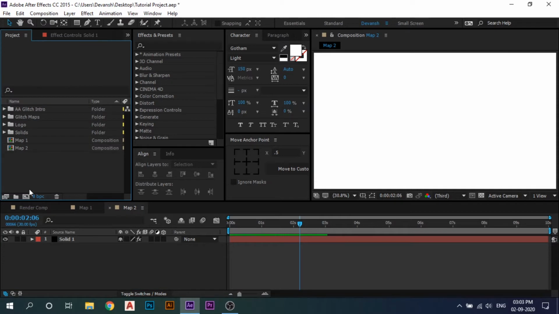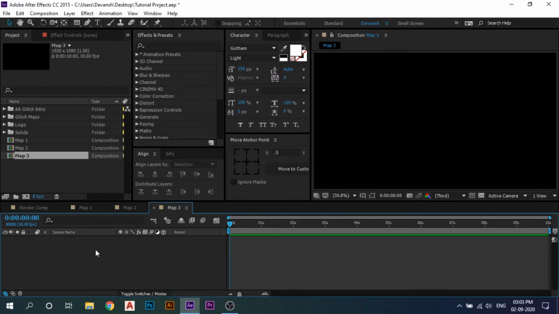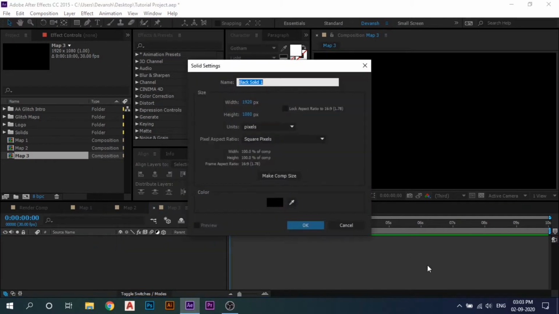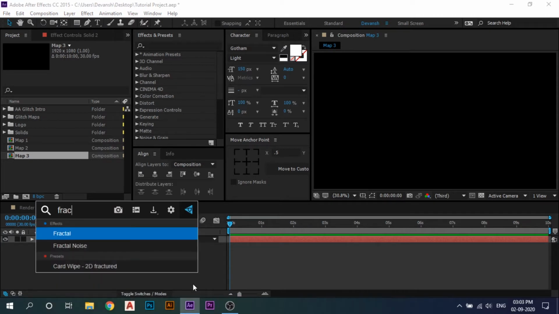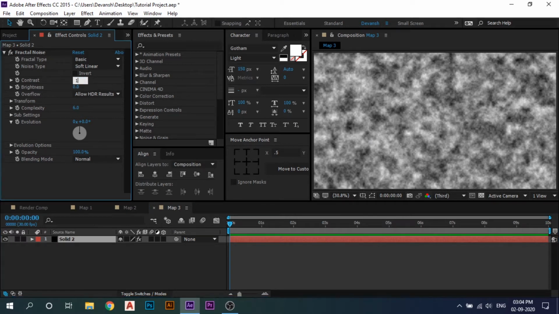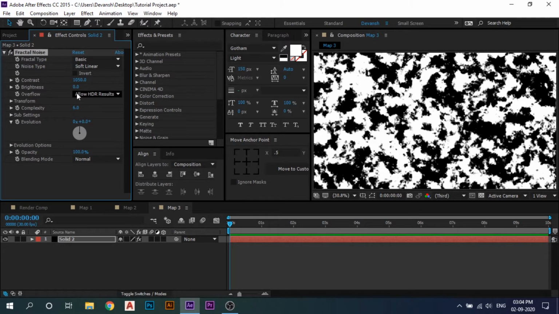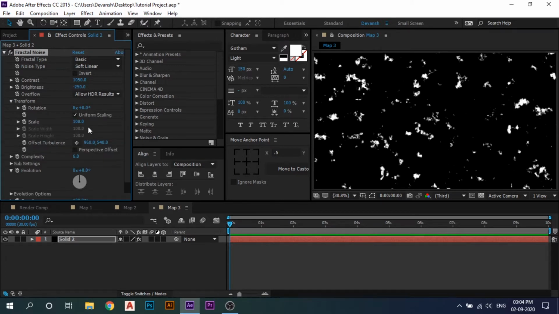And now for map 3 I will create a new composition as well, map 3, and add a solid on it as well. And apply a fractal noise. For this we are going to set contrast really high, up to 1050, and brightness to -250. Okay, nice. Go to transform and uncheck uniform scaling